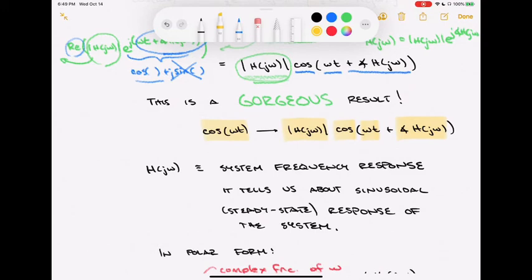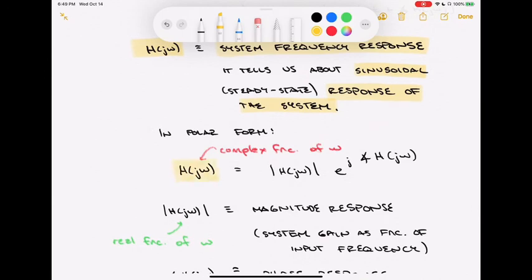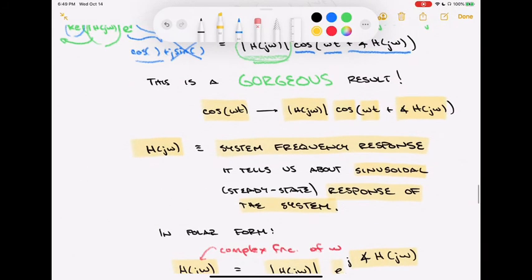We are going to define H of j omega as the system frequency response. It tells us this complex factor, this gain and phase information about how a sinusoid in steady state goes through the system. What's the response to that sinusoid going through the system? We already said before that there's a polar form to this. H of j omega is the magnitude of H of j omega times e to the j angle of H of j omega. We're going to call that magnitude part, the stuff that was multiplying out in front,